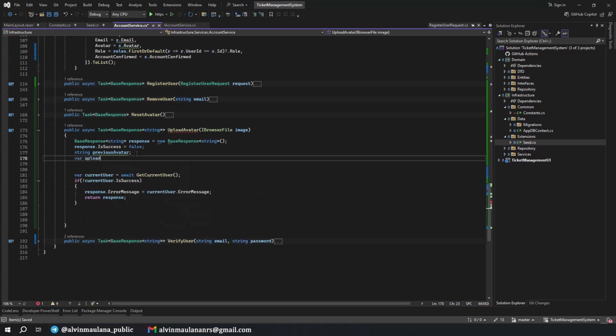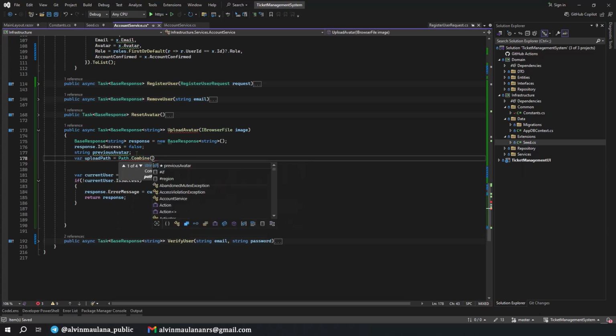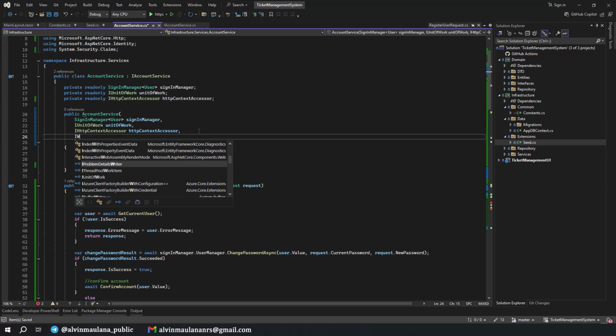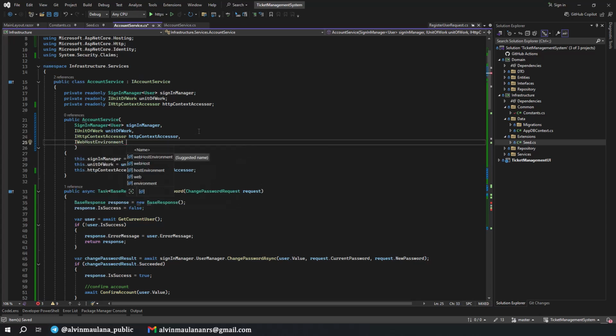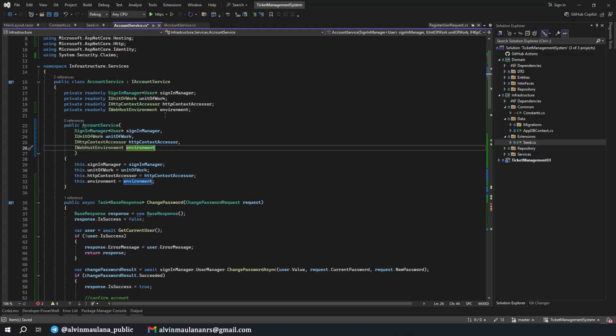Where upload path is from a path combine. Okay, we need the environment. I think we don't have it yet. Yeah, we don't have it. Just put here IWebHostEnvironment. Web host environment is enough, and then we create and assign a field.